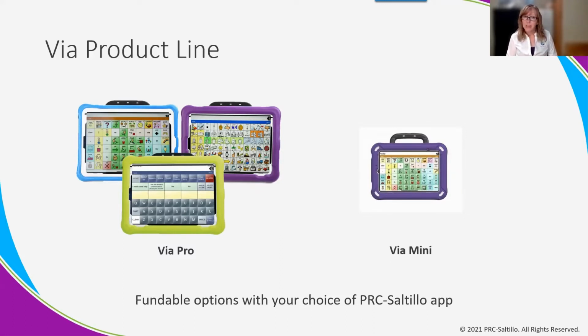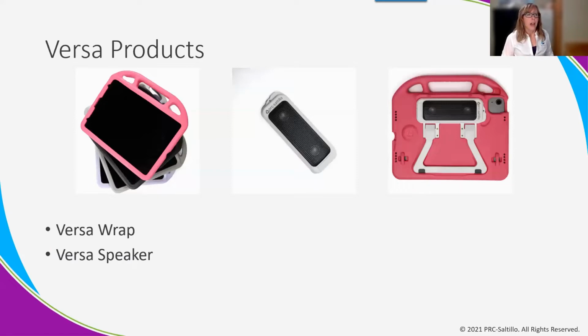And we are excited to announce that the VIA Mini is launching this winter. And so we will have the option of that 11-inch screen on the VIA Pro, and then that 8-inch screen on the VIA Mini. Another exciting thing that has launched this fall and winter is the ability to purchase the case and an amplifier speaker, as a standalone or bundled together. These are going to be available on our e-store, which I'll show you, as well as we'll be partnering with Amazon. So the Versa Wrap is